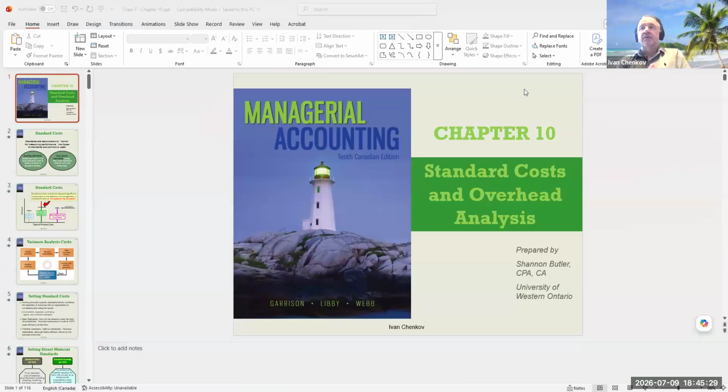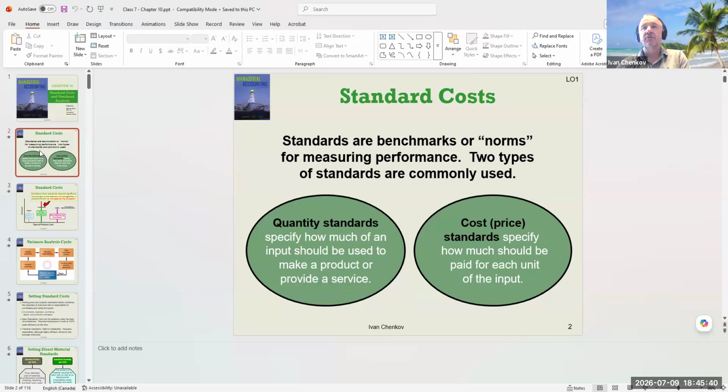Okay, let's remind ourselves what we did in chapter 10 last time. We set up the standards for the two variables of the cost, quantity and the price per unit. Quantity, we already set up the standard that the quantity will be exactly the input that we need to use for one product, and the cost will be the amount that should be paid for that particular unit which we're using to produce the product,